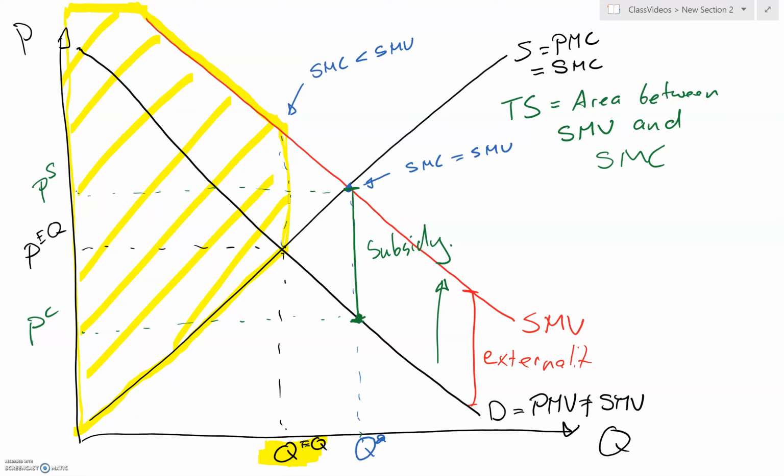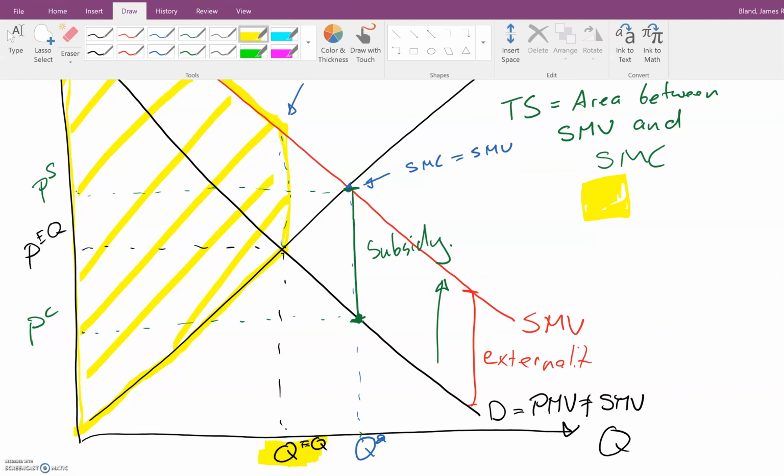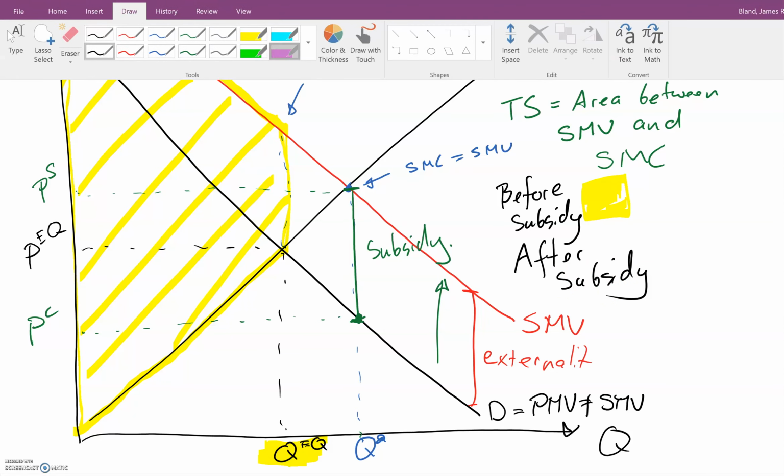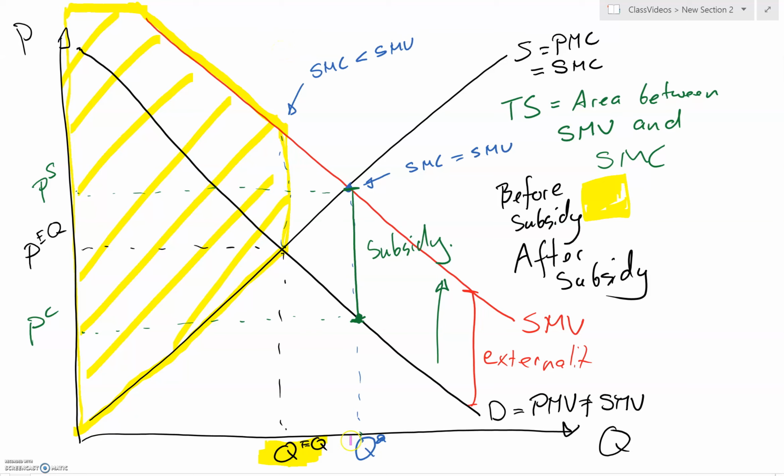Okay. Now, so we've got this area here, this one here, which is our total surplus before the subsidy. Okay, and now we're going to think about what happens after the subsidy. Well, I need a different color for this. After the subsidy, Q star is being produced. Okay, so now we need the area between the